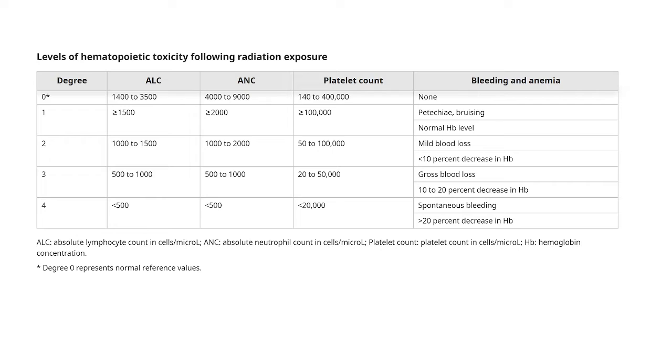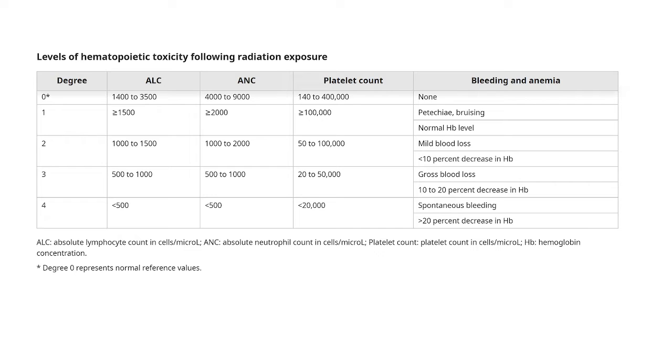Moving on to the various degrees or grades of hematopoietic toxicity. Grade 0 is basically normal. In grade 1, the absolute lymphocyte count will be normal, or at the lower end of the normal range, which is more than or equal to 1500, and the absolute neutrophil count will be more than 2000, and the platelet count will also be more than 1 lakh. The patient will have a normal hemoglobin level and will be asymptomatic or have mild symptoms